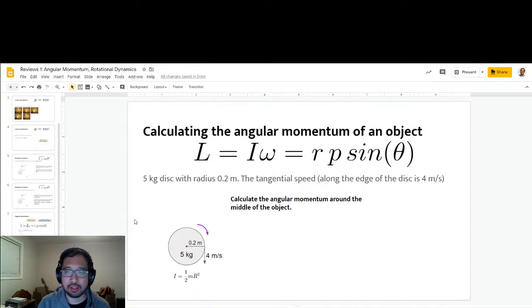Next thing that we can do is think about calculating the angular momentum of this object around its center. For this one, you may find it easier to use this right here, I omega. Okay, so I've given you the moment of inertia of a disk, which is 1/2 mr squared. That will help you calculate I, and you should